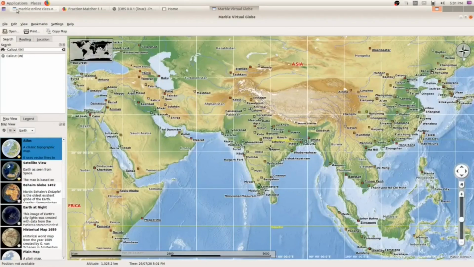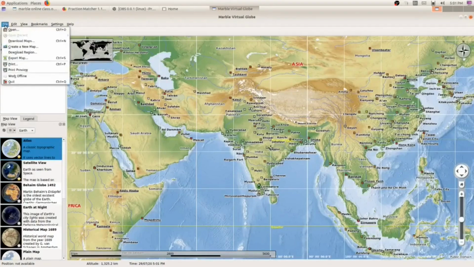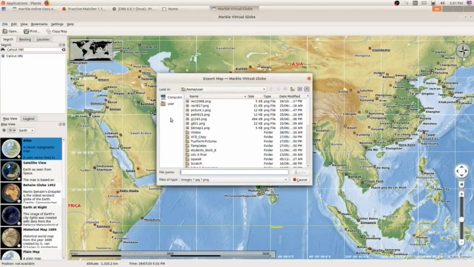Now what you have to do? You have to click on file. Inside file you can see export map. You can select a folder here, which folder you are choosing. You can type a name here, map of India.